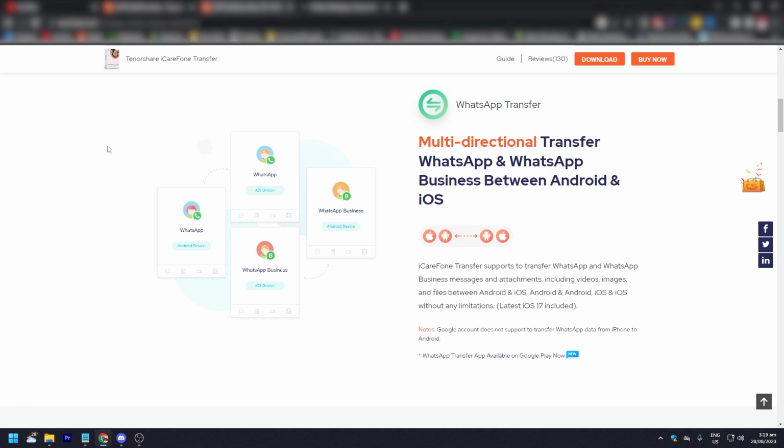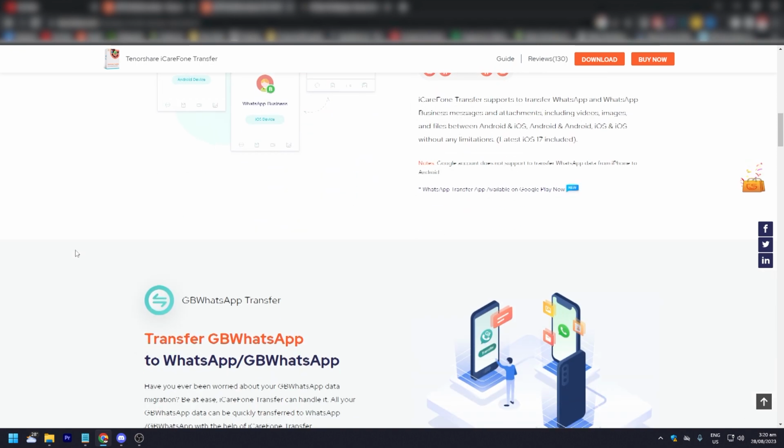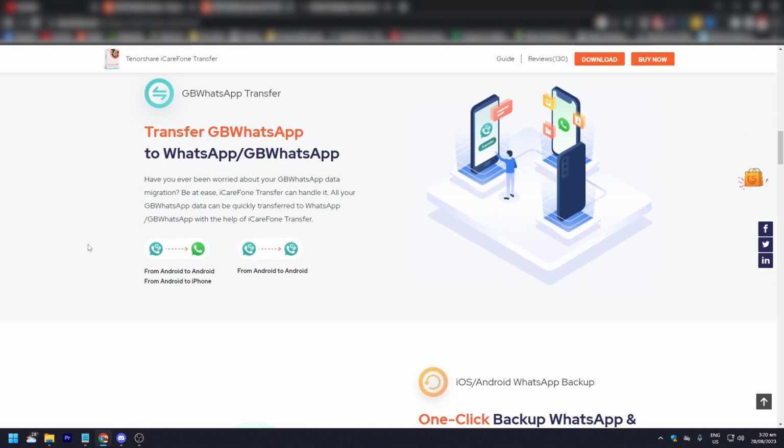So, WhatsApp transfer, multi-directional transfer, WhatsApp and WhatsApp Business between Android and iOS. iCareFone Transfer supports the transfer of WhatsApp and WhatsApp Business messages and attachments, including videos, images, and files, between Android, iOS, Android and iOS, and iOS without any limitations. This actually covers the latest iOS 17 update. So again, like what I said, from Android to Android, iPhone to iPhone,